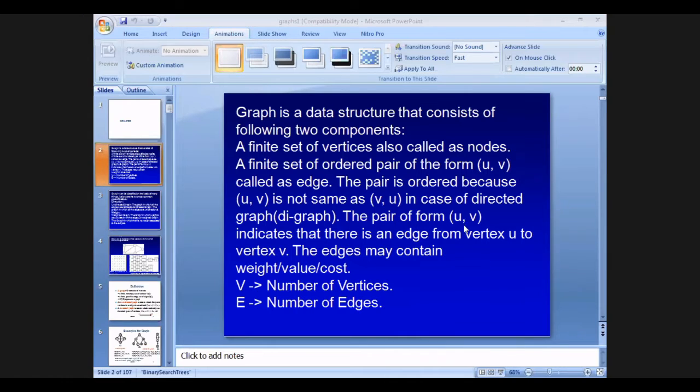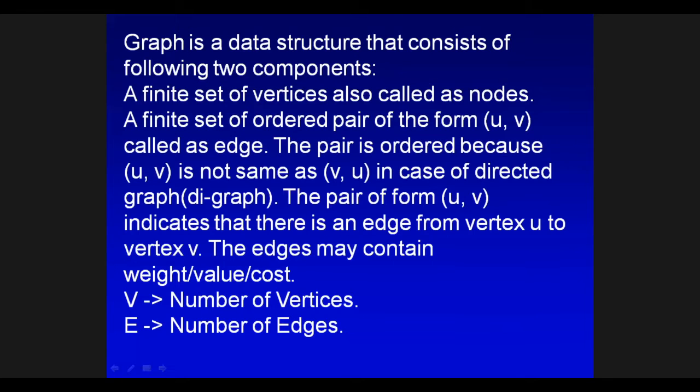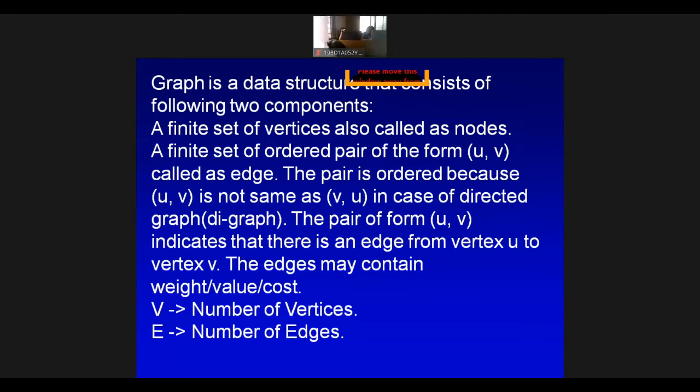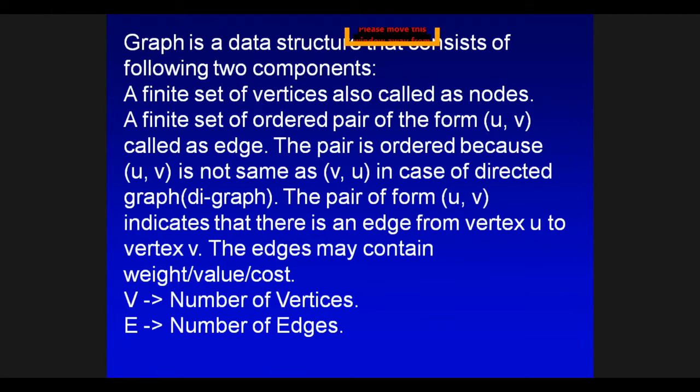Just see here, it indicates that there is an edge from vertex U to vertex V. U and V are vertices, and the connection is between U and V. The edge is formed between U and V, and this edge may contain either weight, value, or cost. Based on that, we'll calculate how much cost. Cost means time, or sometimes it may give